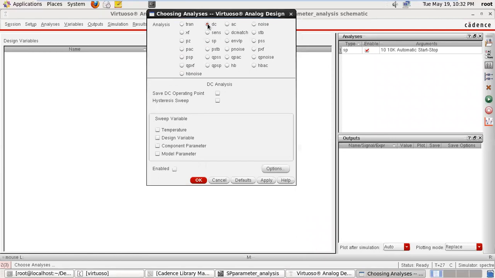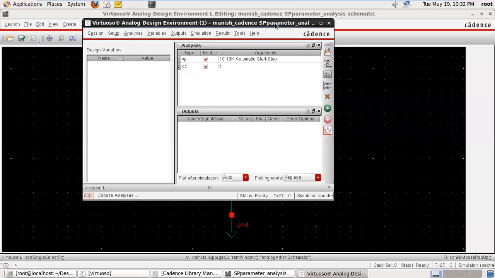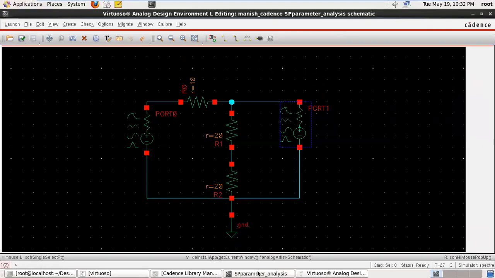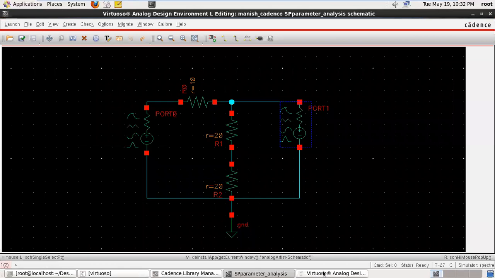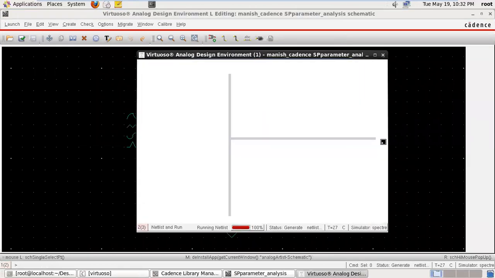Suppose we want to measure the DC voltage, so we save the DC operating point for the voltage purpose, apply. So now we have S parameter and DC. Again check and save, and then simulate it.